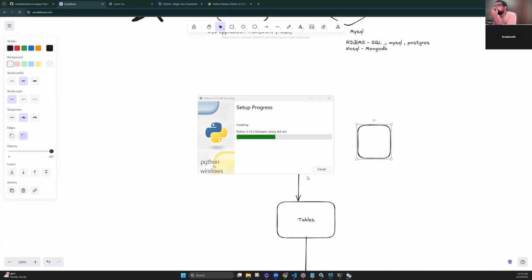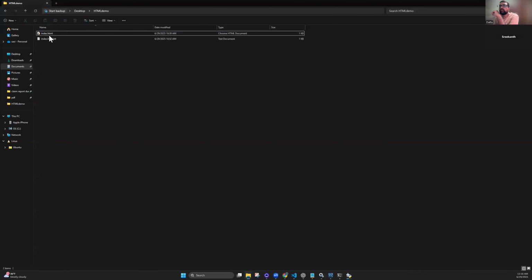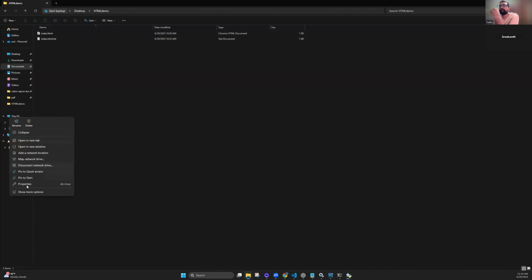I'm reinstalling Python again to set it to my path. So the path would be here. If I open properties,